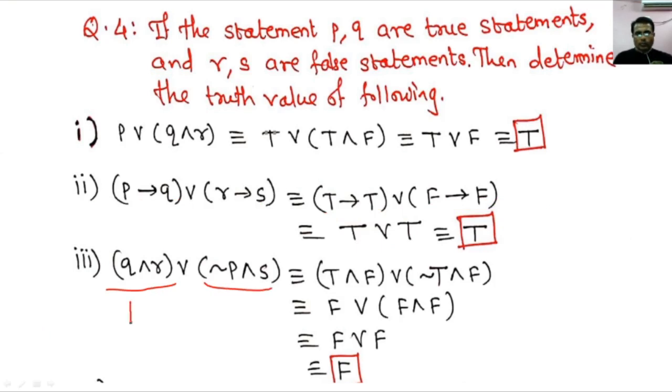Similarly, you can consider Q and R or negation P and S. So again, Q is true, R is false. Then here we have negation of true and this S is false. So these values are used here: true, false, negation true and false. Negation of true is false, so that's coming here, and true and false is always false. Therefore false or (false and false), false and false is false. So this gives you false value. False or false is equal to false, and hence the resultant statement is false.